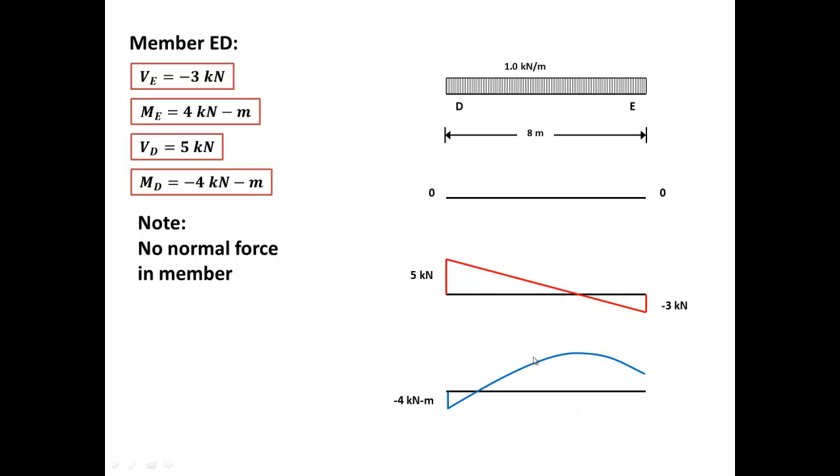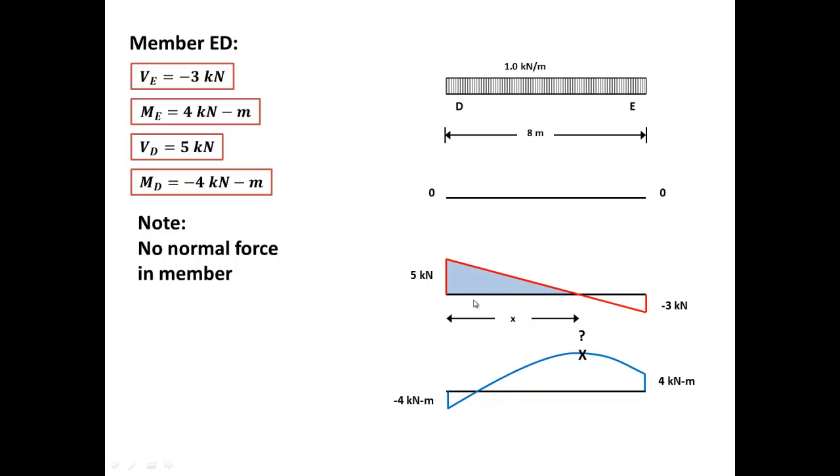So it will look something like this, and we have a maximum point right here below the zero shear, and it will end up at 4, and that's what we got from ME. The question is, what is the value of the maximum? Because remember, at the end of the day, you are asked to find the maximum moment and maximum shear, because that's the design criteria you're gonna be thinking about when you are doing the design. Okay, the oldest trick in the book. How do we do this? If we know the distance x,